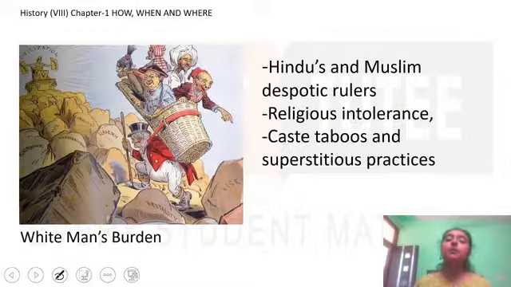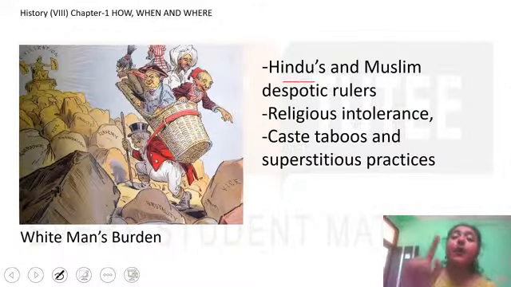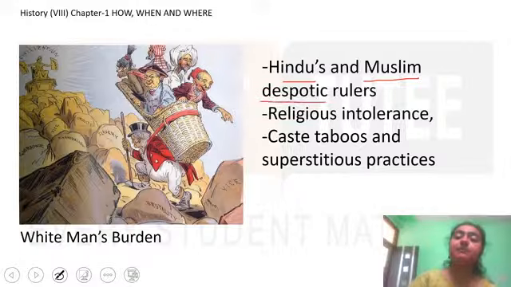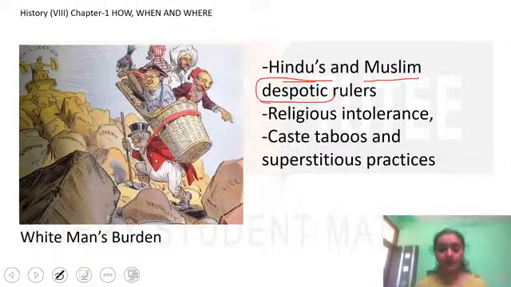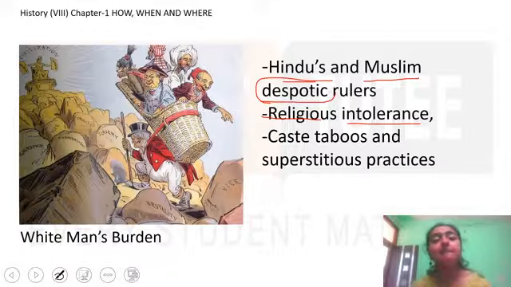Okay, so Hindus, according to him, what he said, Hindus and Muslims, they were despotic rulers. Despotic ruler means dictator ruler. They have tyranny, they have absolute powers. They were brutal, they were cruel rulers. Such kind of rulers were during Hindu and Muslim period. And there was religious intolerance. What is religious intolerance? Means